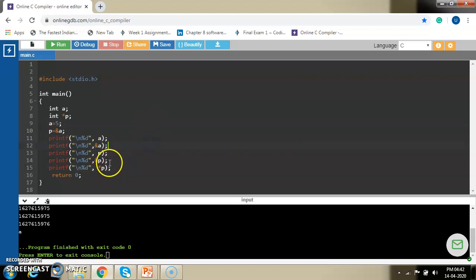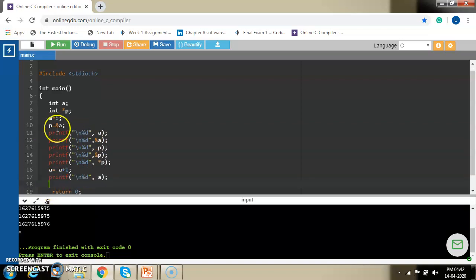Now if I increment A, let us write over here A = A + 1. You can write A++, no issue at all. And then I print, let us copy paste it. A value is 5, so it will print 5 plus 1, 6.